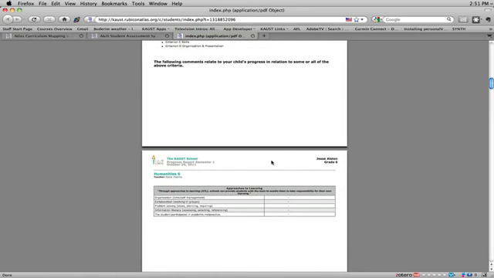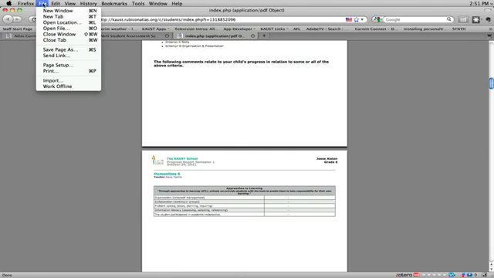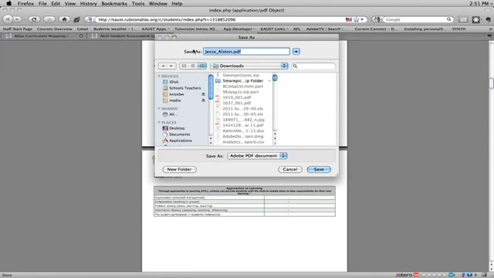Now, if you use Firefox, the saving process is immeasurably simpler. If you're using Chrome or Safari, it's not going to be so easy. So using Firefox, it's as simple as clicking File, Save Page As. It will already know the name of the student. You just need to underscore the grade level